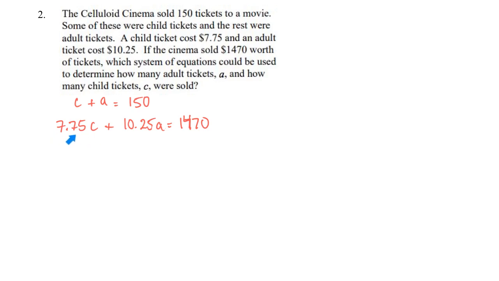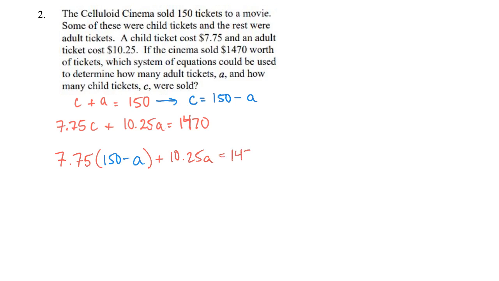So here's the total amount of money brought in by child tickets, and here's the total amount of money brought in by adult tickets. All right, so we can solve this using elimination or substitution. Again, I noticed that I can get these variables by themselves pretty easily. So I'm going to solve this using the substitution method. So I'm going to say that C equals 150 minus A. I subtract A from both sides. Okay, so now let's go back to our second equation, 7.75, and instead of putting C, I'm going to put 150 minus A, because that's what C is,